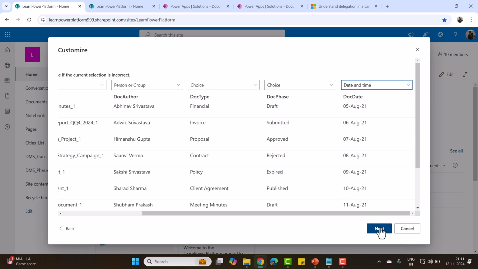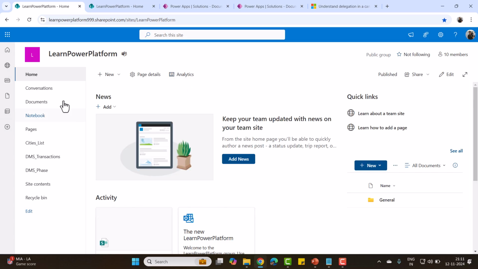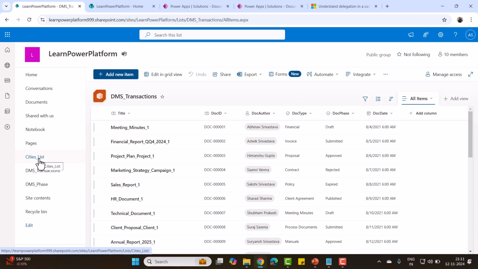After that, when you click on the Next button, it will take around, I suppose, 1 or 2 hours to get all the records imported into SharePoint. It depends on your bandwidth or internet connection. Once the data is imported, you will be seeing all the records in this DMS_transactions